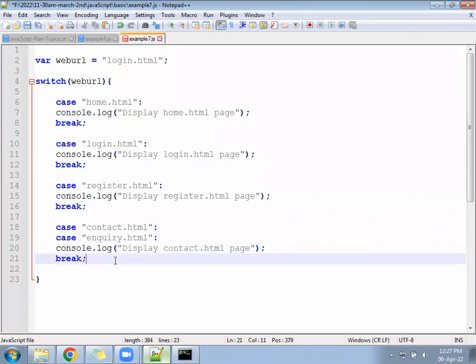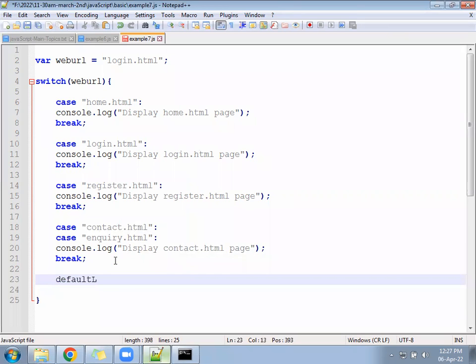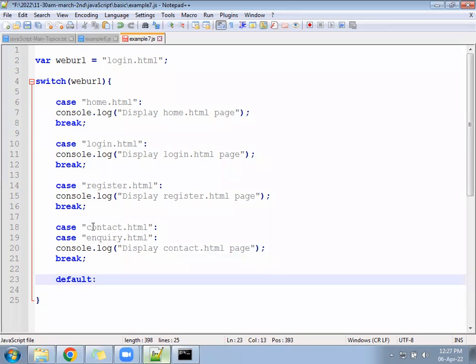If these all are not matching, the user has come through somewhere else. He has entered some different URL. He came to your page and typed the URL manually. If the URL is not matching, then default will come. Under the default, we have to write